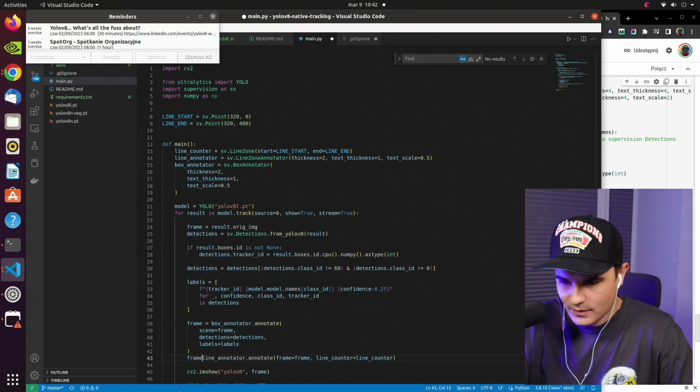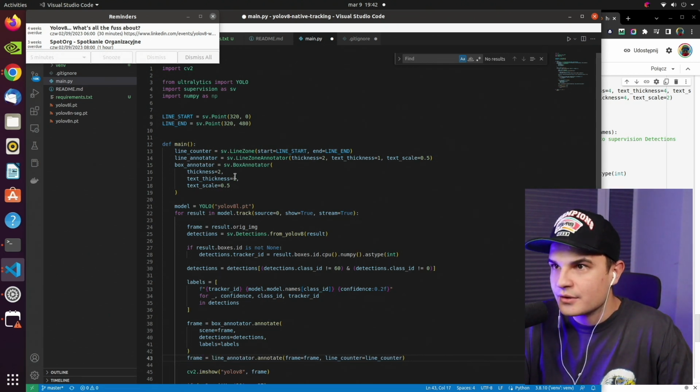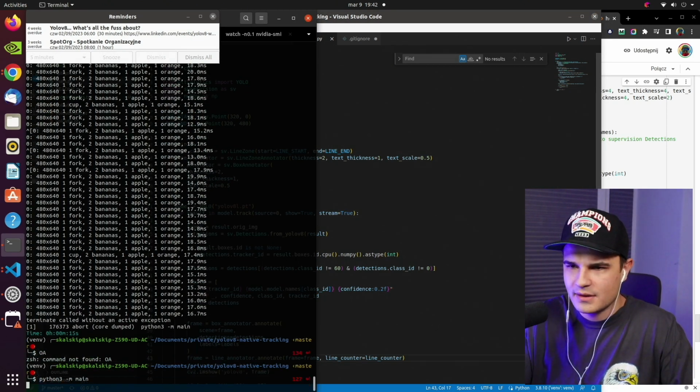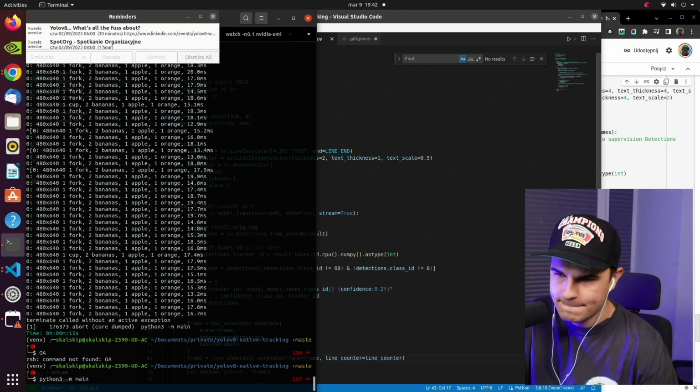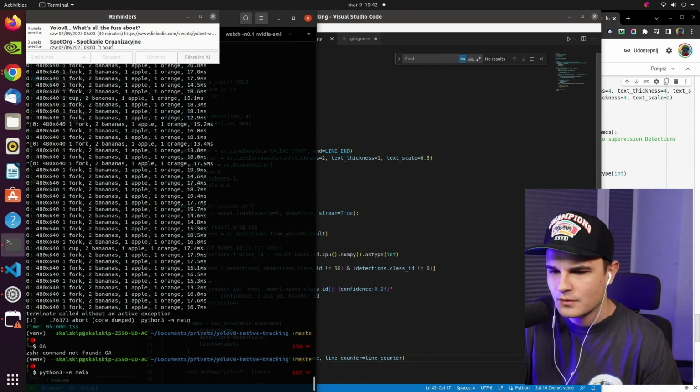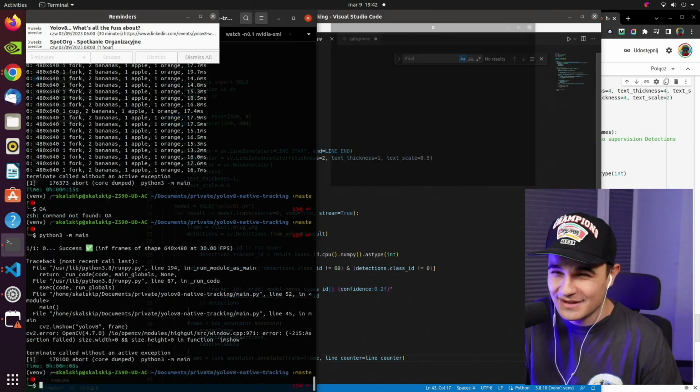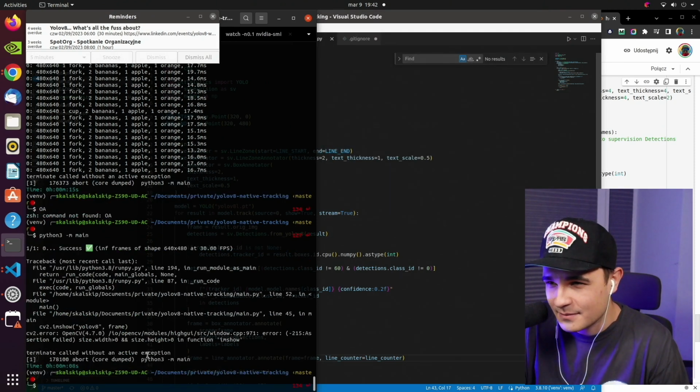Frame, line annotator. Let's try to run it once again. So that, if everything works, and I haven't used line counter for quite a long time, but